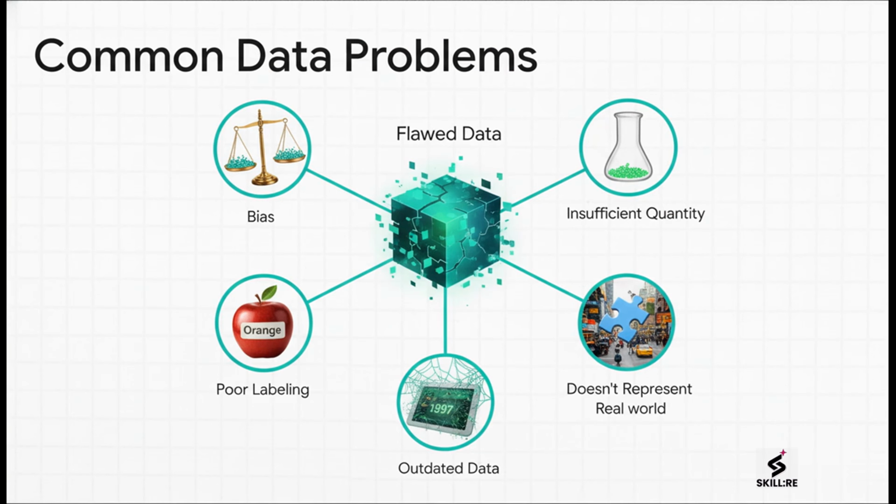So these are the kinds of problems you have to be watching out for. Is the data biased? For example, if you train a hiring model on 50 years of company history where only men were promoted, guess what? It will learn that pattern and only recommend men for promotion. Is the data even up to date? A model trained on data from before 2020 has absolutely no idea what our world looks like now. Does the data even represent the real-world situation where you're going to use the AI? So from now on, whenever an AI system seems to be failing, your first question should never be, what's wrong with the algorithm? It should always be, what's wrong with the data?